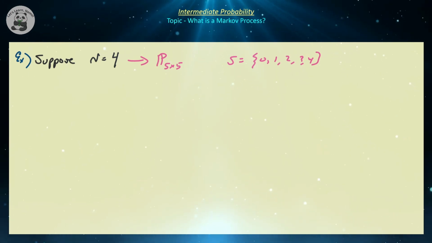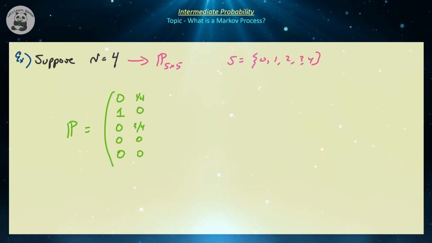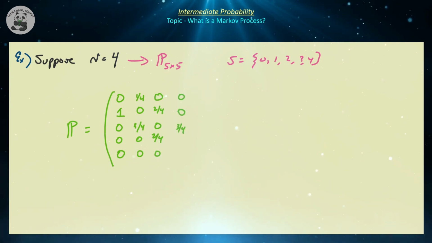So once we build our stochastic matrix, it's going to have a very similar property to our 4 by 4 case. So we're still going to have zeros on our primary diagonal, so 0 there. Underneath that, we're always going to have 1, and then 0, 0, 0. And then over here, we're going to have 1/4, and then 0, and then its complement, 3/4, 0, 0. And then we're going to have 0, and then 2/4, primary diagonal 0, and then 2/4, and then 0. And then we're going to have 0, 0, 3/4, 0, its complement. And then we're going to have 0, 0, 0, 4/4, and 0.